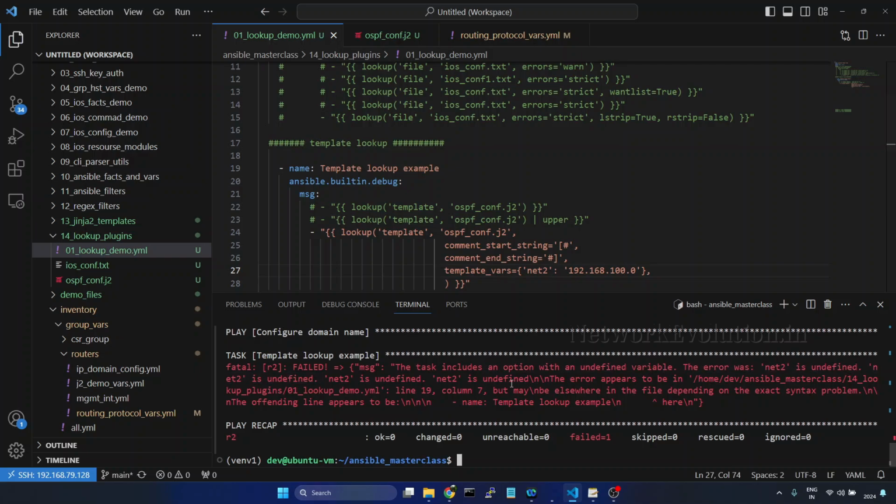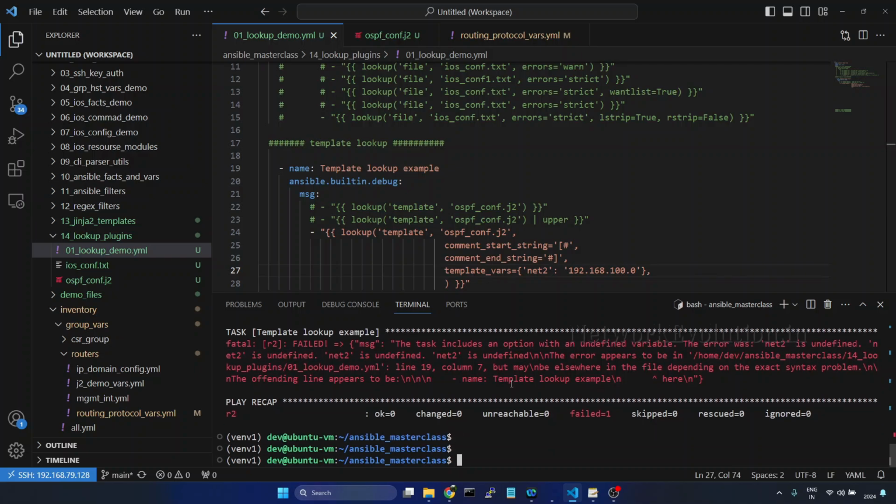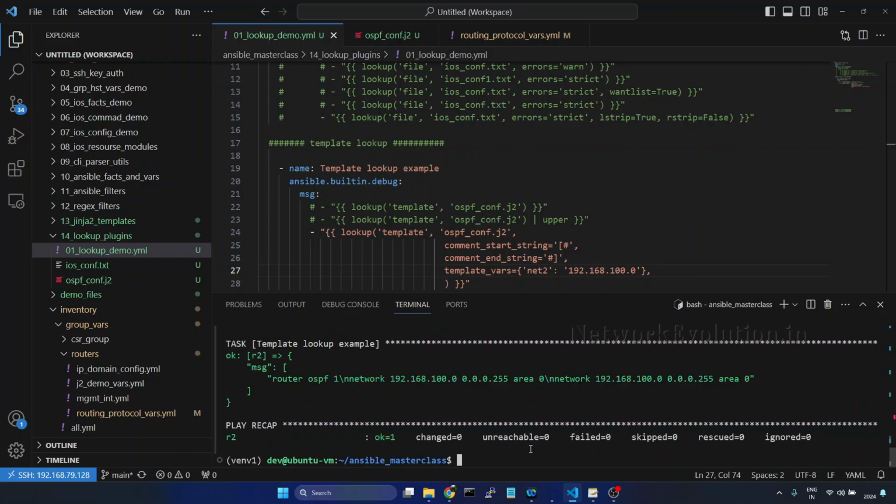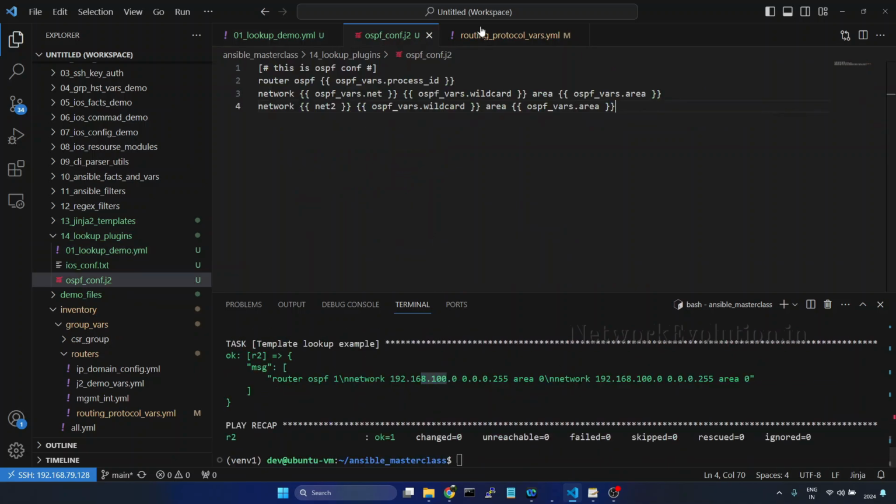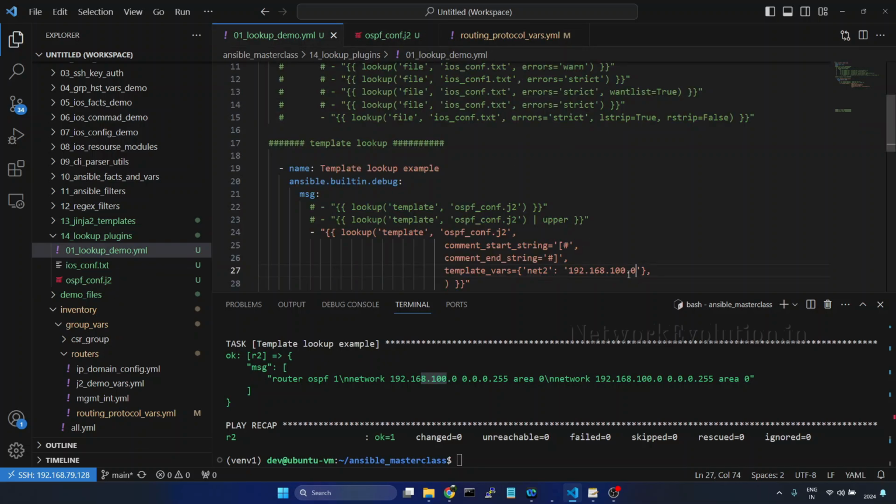Save it. Now we'll try running this. So now this is even adding. Okay, both are 100. So let me change this to 101. So now this is adding